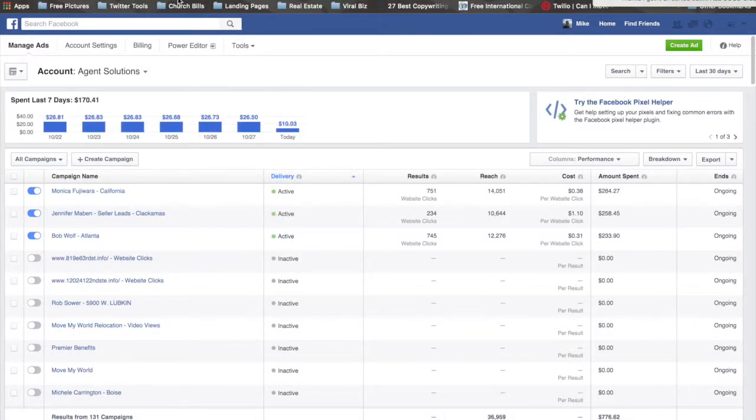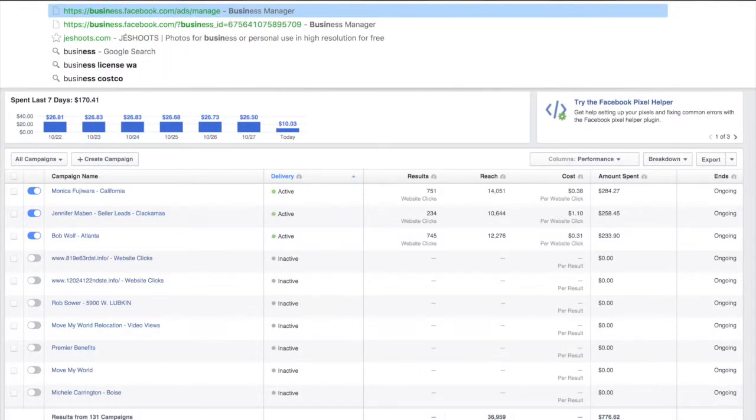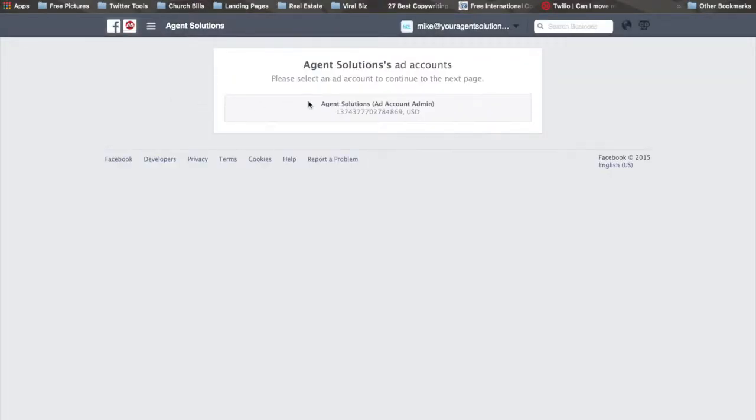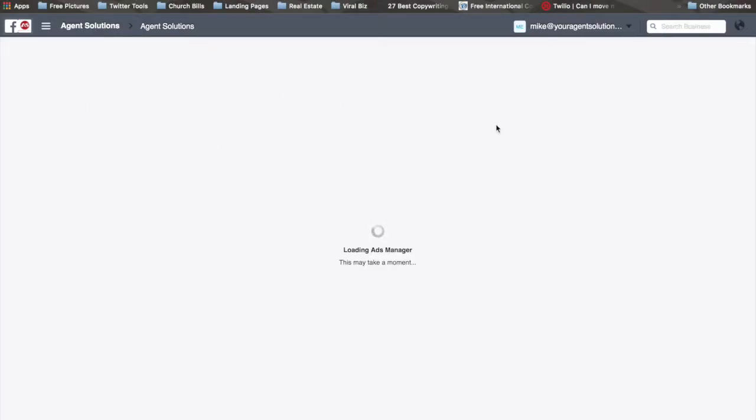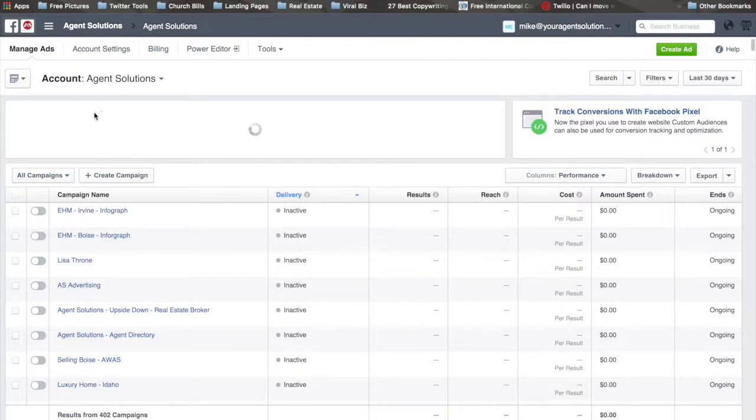The better way of doing it is to actually set up a business account, business.facebook.com/ads/manage. You can go either way, whatever works easier for you. But I'm going to go through my business account right here, and then it's going to take me to my ads dashboard. And from my ads dashboard, I'm going to create a campaign. So right here it says create a campaign,